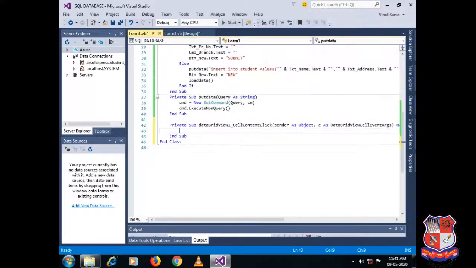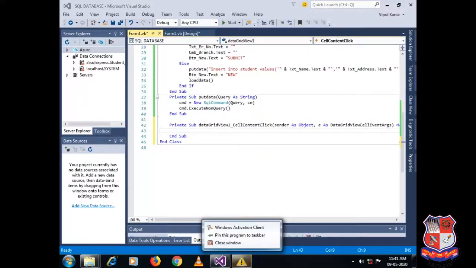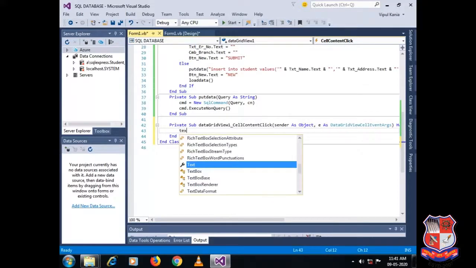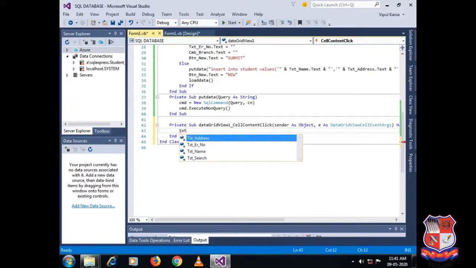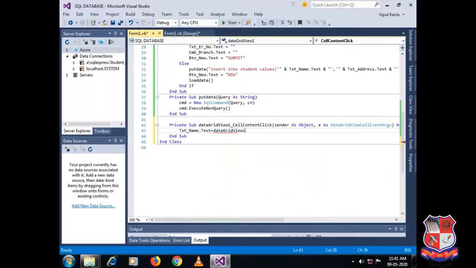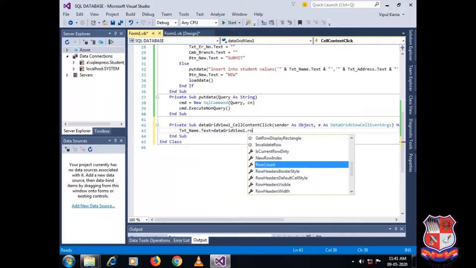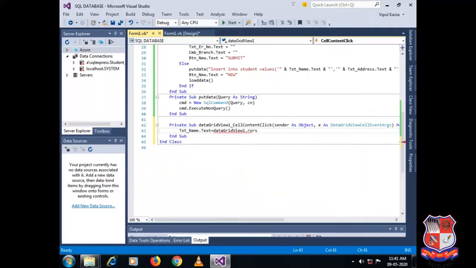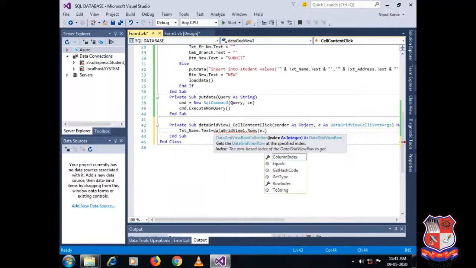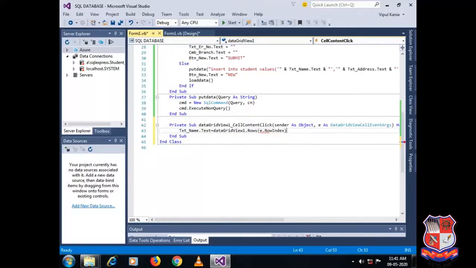For that, we need to write the query in the DataGridView CellContentClick event. So txtName.Text is equal to DataGridView1.Rows(e.RowIndex).Cells(0).Value.